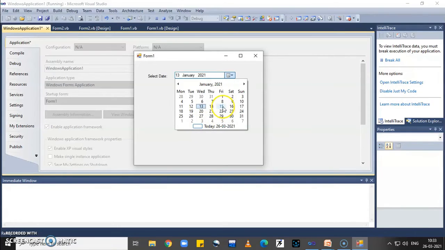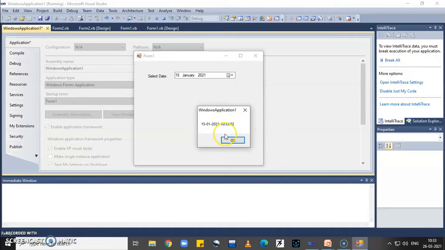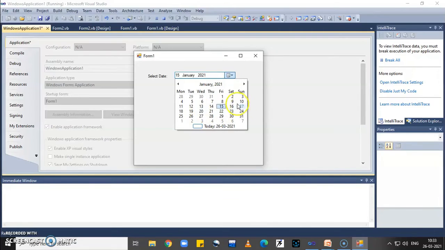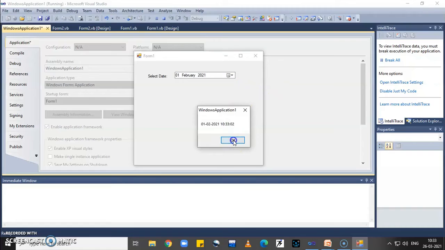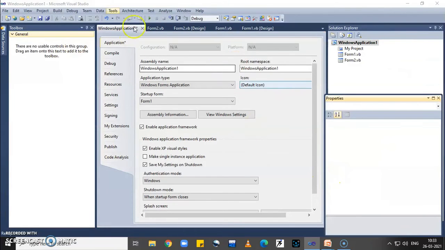Whenever we click on any date, my event is fired and it displays the selected date with its time. Default is the current date, which is 26.